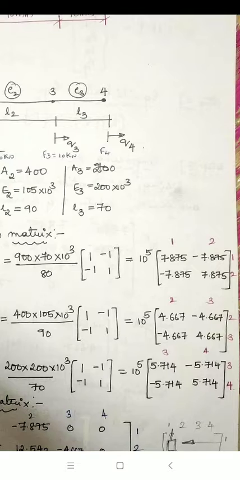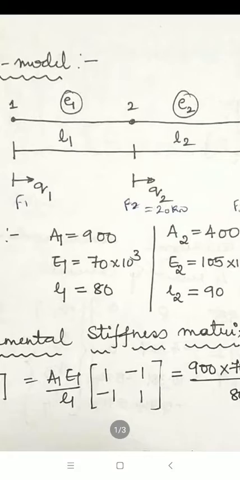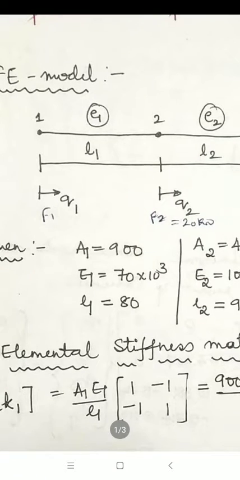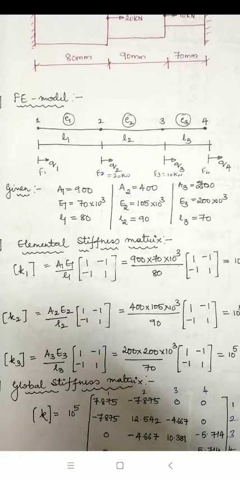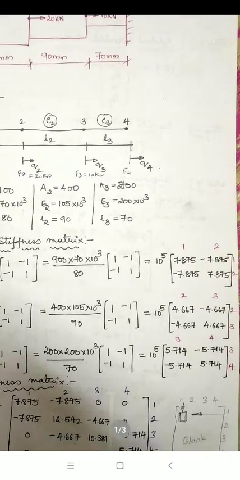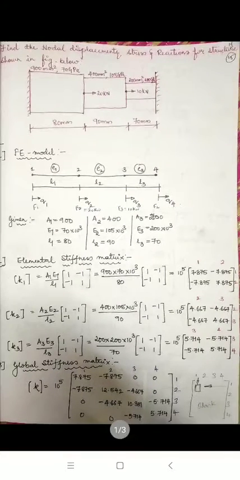That number as 1 and 2, that we will come to know looking at the line diagram. See, for element number 1, nodes are 1 and 2. That's why for element number 1, stiffness matrix K1, row and column numbers we have to write as 1 and 2. Similarly, stiffness matrix for element number 2, that is K2, the equation remains same, only A2, E2, L2. It means what are all the values related to element number 2 that we have to substitute there.